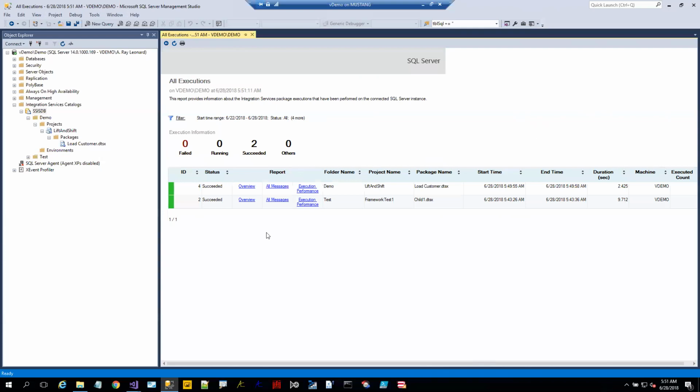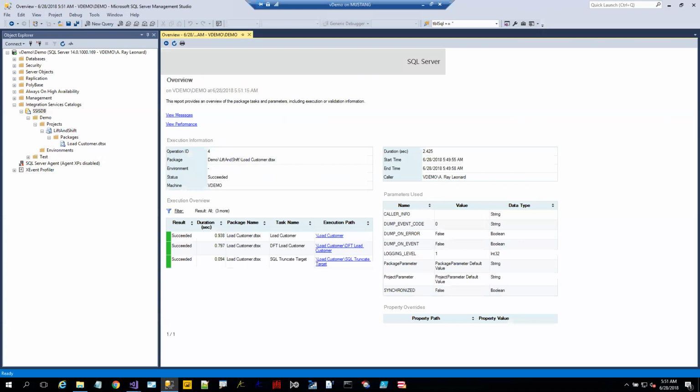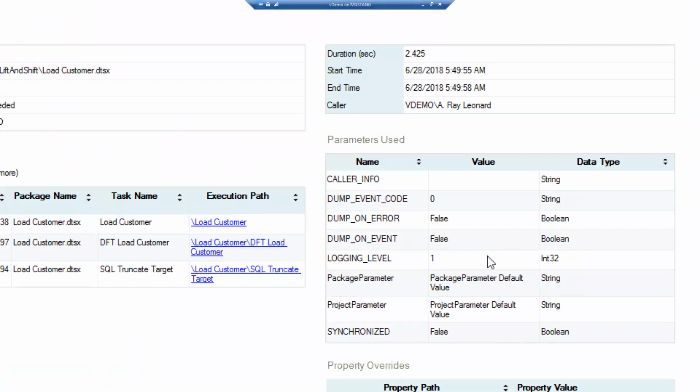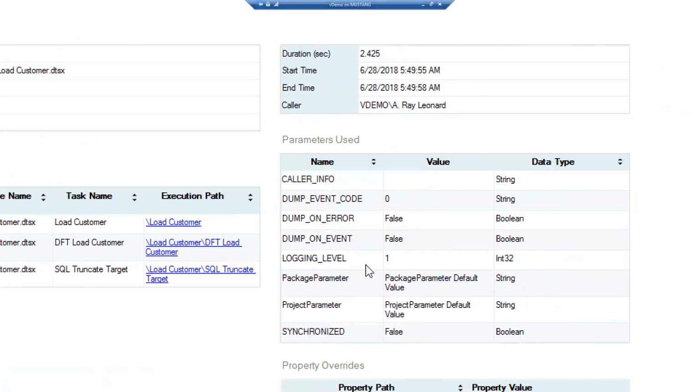to kind of get a feel for what's going on here. Again, we can look at the overview report. And what's nice about this is this particular project, the reason I wanted to execute this, is we have some other parameters that we're using here. We have a package parameter and we have a project parameter, and they're showing up here just with their default